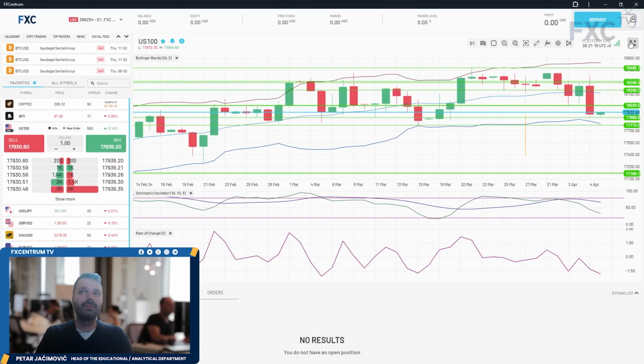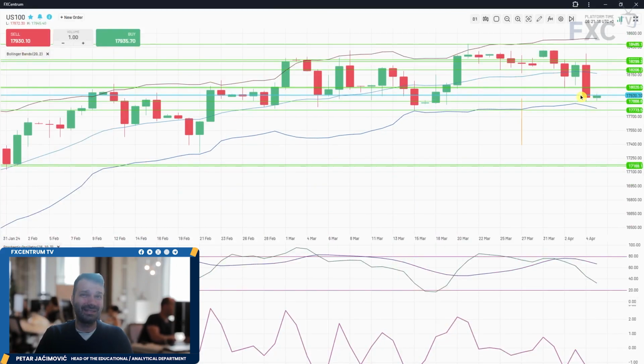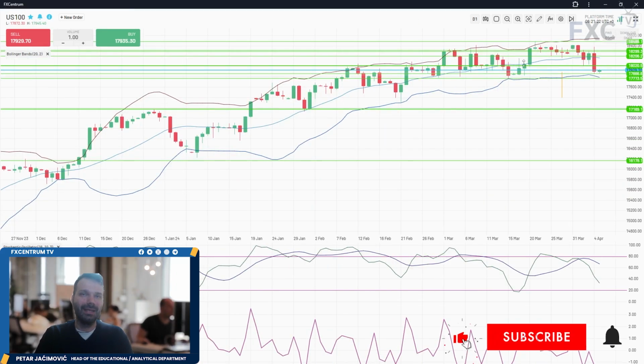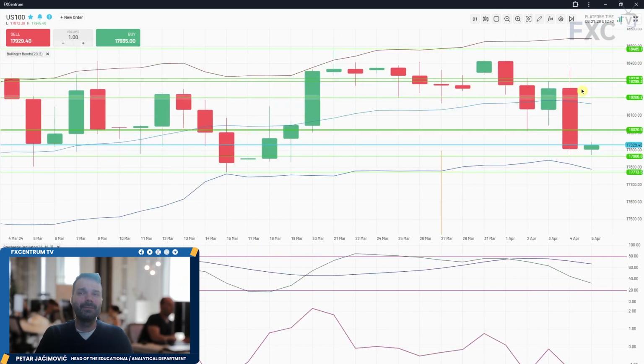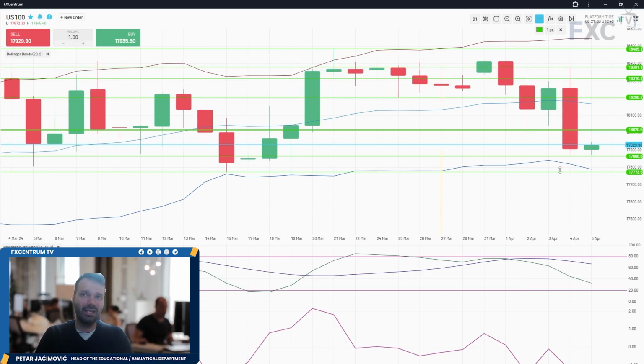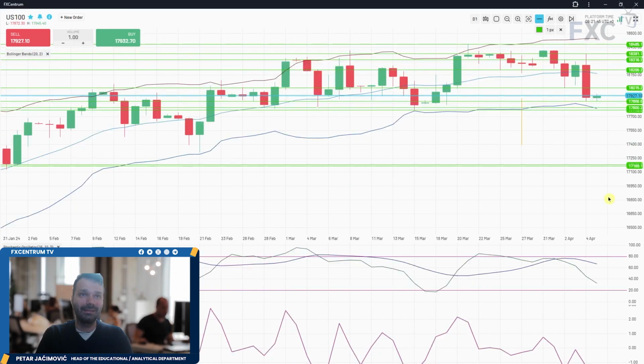US 100, we can see here the downside move, as I alerted about. There was a good chance because from my view, what we had in the last 2 months is a distribution process going on in the US 100 and other US indices. And yesterday market traded into the 18,380, and there was a sell-off almost to the Bollinger Band low around 17,800 mark. Still, the close was near the low, so there is a potential for further downside movement,